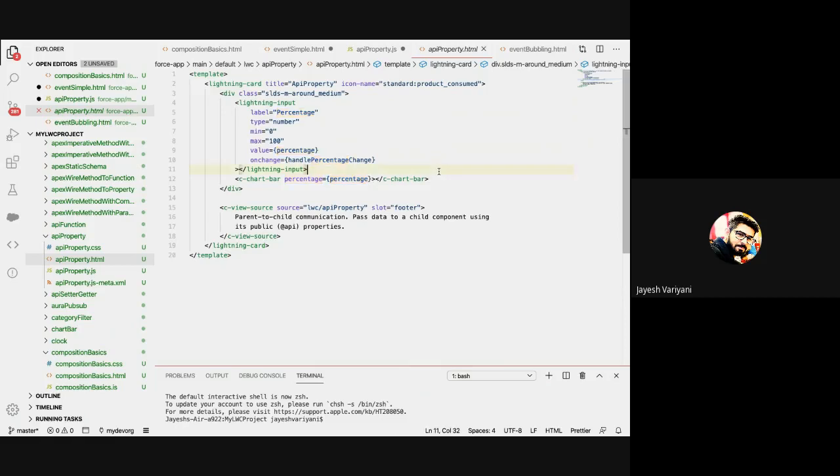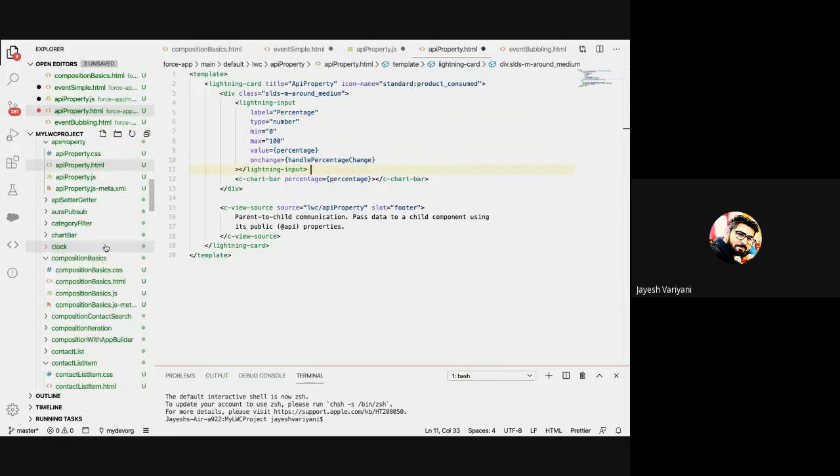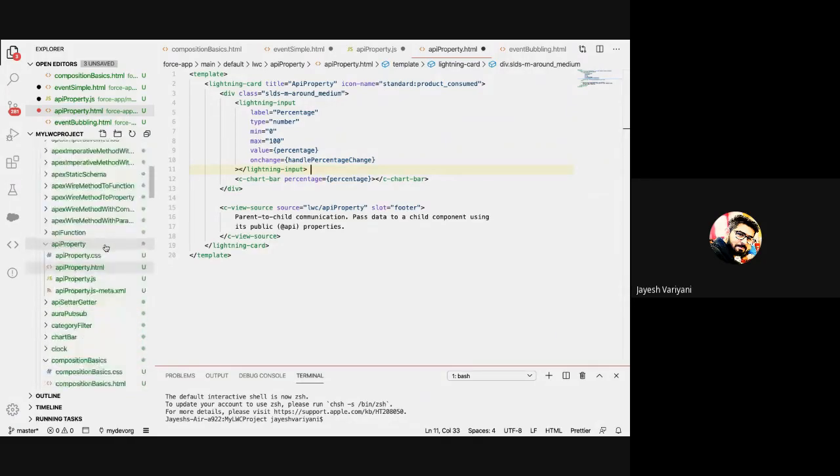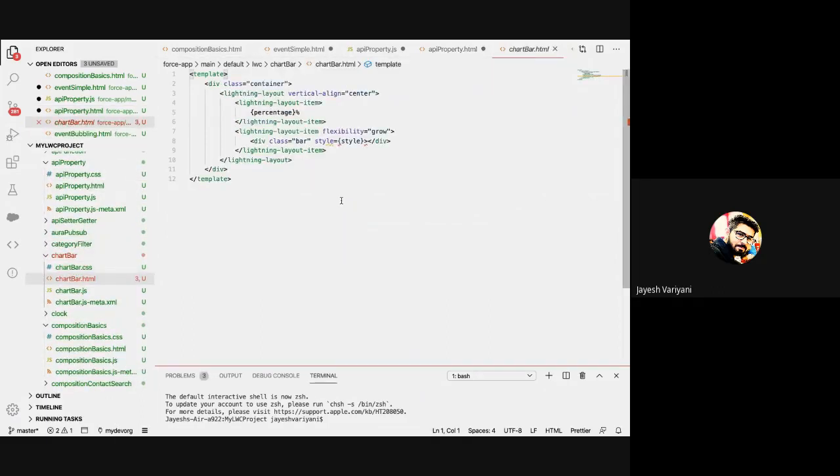I'll just finish this, it will be more clear. One second, I'll open this c-chart-bar as well. So just understand, the parent has passed its attribute named percentage to this chart bar LWC component. So this chart bar is containing this percentage, whatever the parent has passed. And then accordingly, it is just